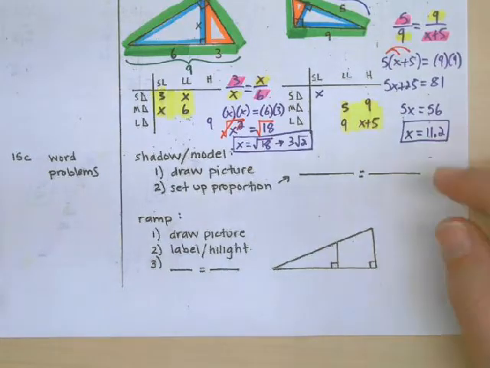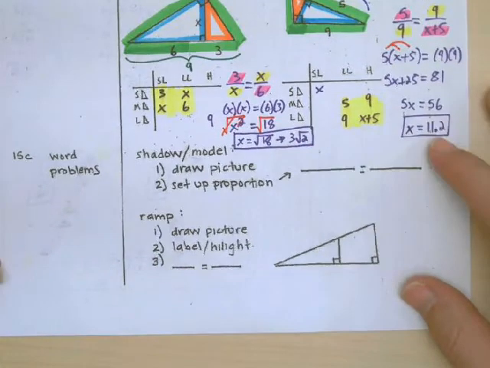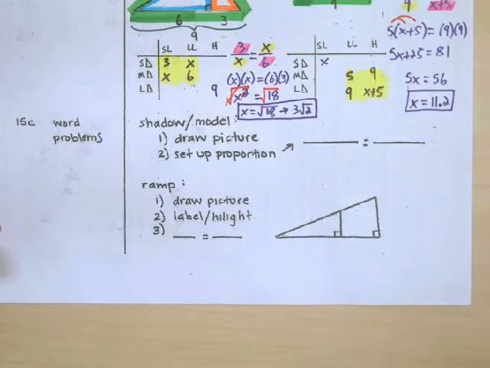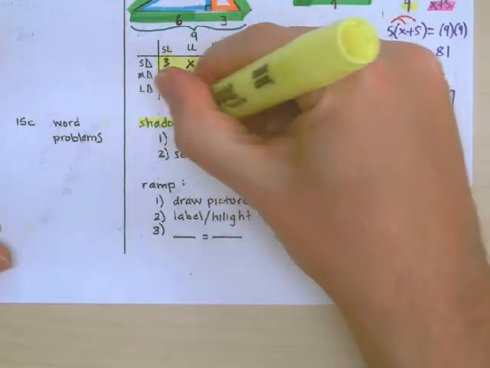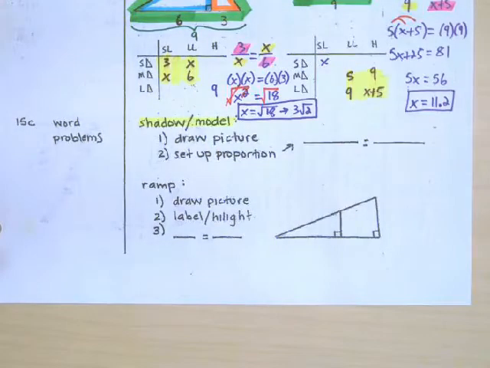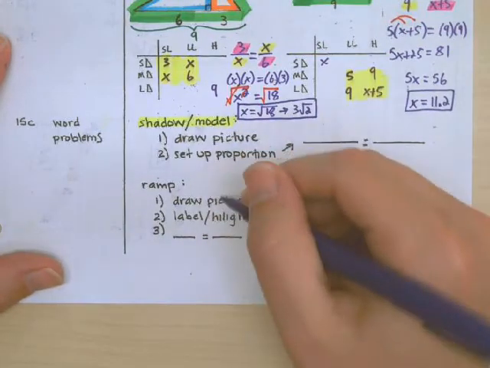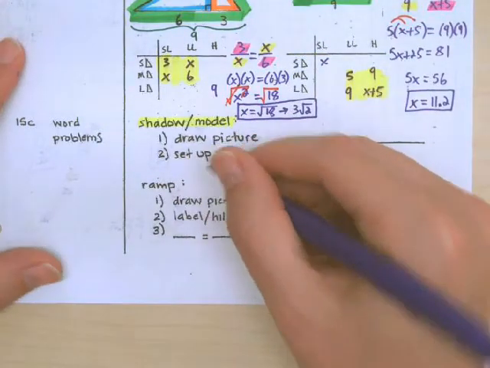Hey Geometry, I want to talk to you about how we would set up some word problems. The first kind of word problem that I want to talk about is called the shadow or model problem. So there are two steps. The first step is to draw a picture. A good picture for a shadow or model problem might look like this,